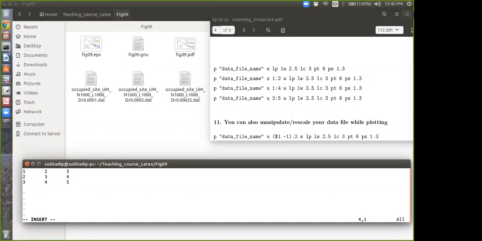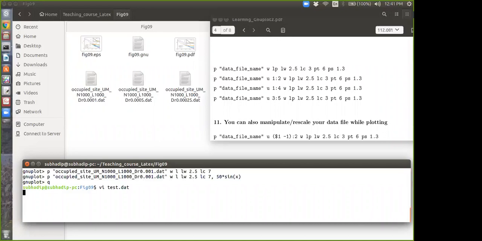Okay, and one more line, 4 tab 5 tab 6. And this is a data file with 3 columns. Okay, so I will save it. So I have this data file in the same folder. Please generate yours. I will wait for say 1 minute.